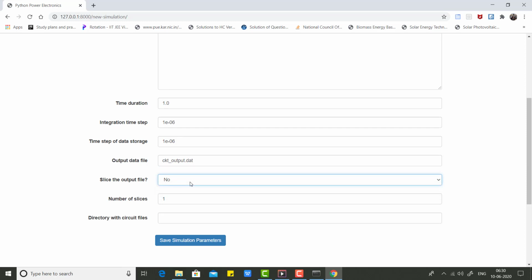This means, do you want your data output file to be in slices? That means from one point of time to another point of time, you will have one slice of your output file, and for the corresponding amount of time, you will have another slice. So you can always specify the number of slices you want. So you can look at your results